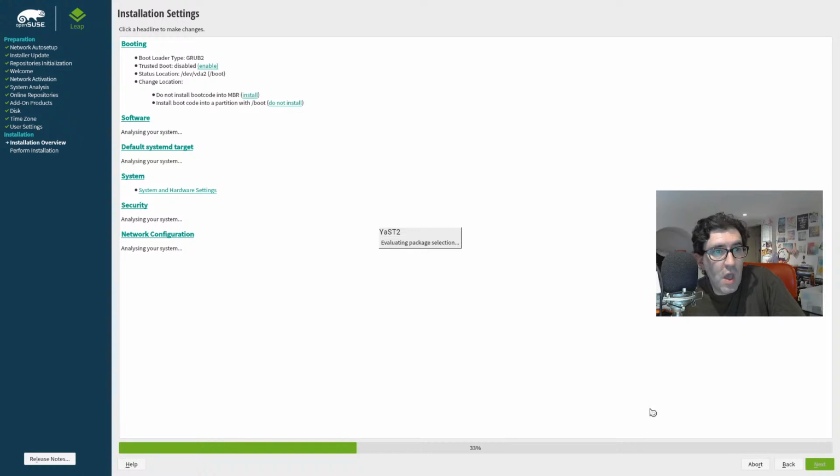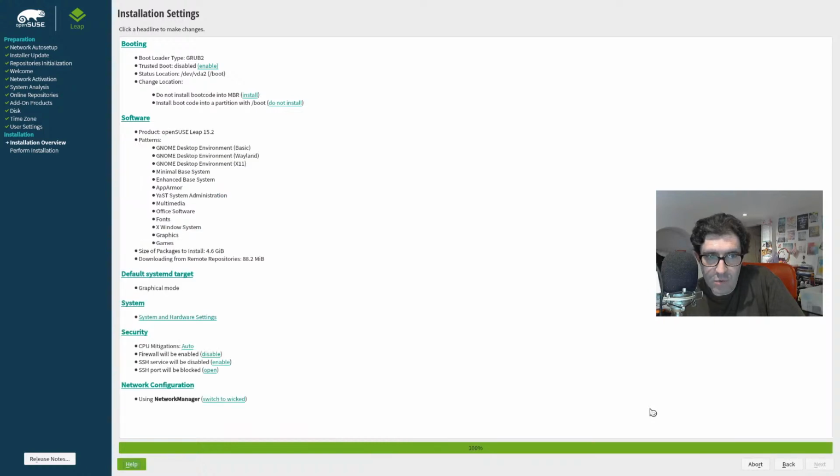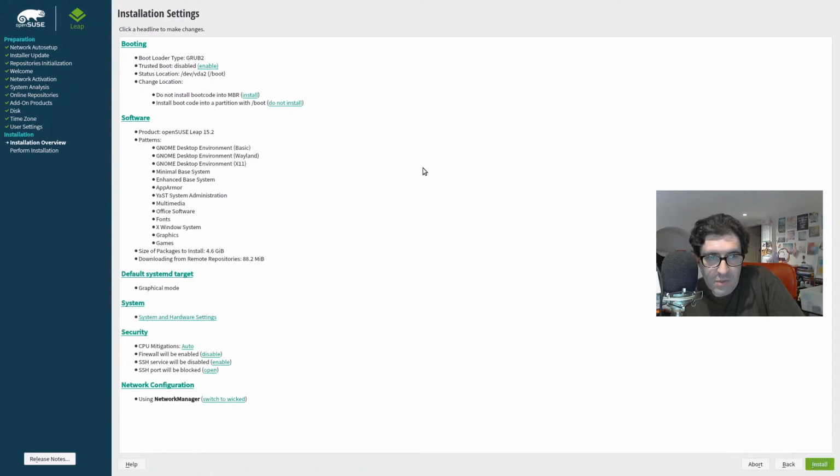So remember what I was saying, that you couldn't actually choose to select xfce as your desktop environment. Well, now this has done its detection and has given you a summary of the software that's going to be installed. You can see here now that it is going to try to install the GNOME desktop environment, because I selected GNOME on that screen there when they gave us a selection of desktop environments. I want to change that. So I'm going to click into software,